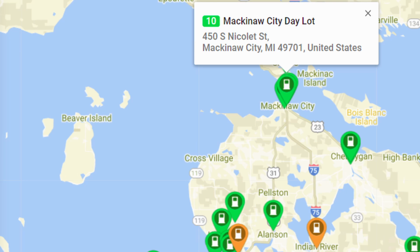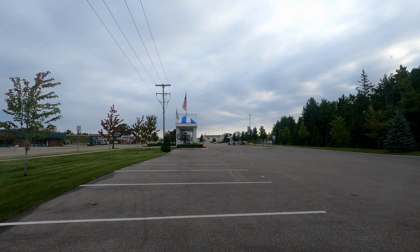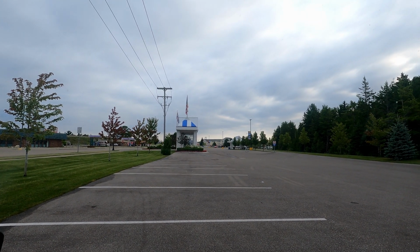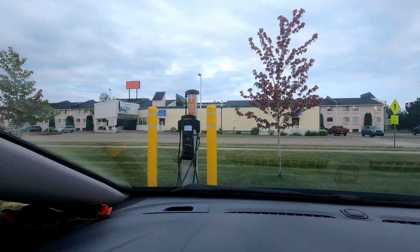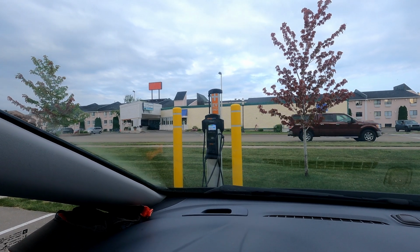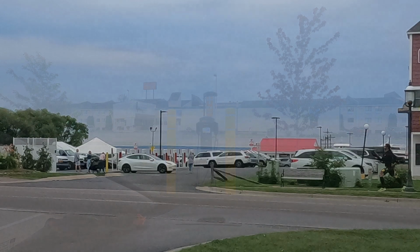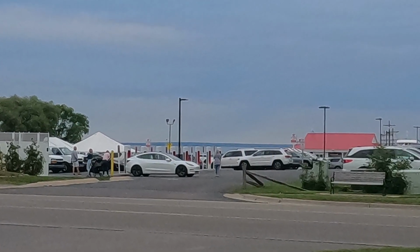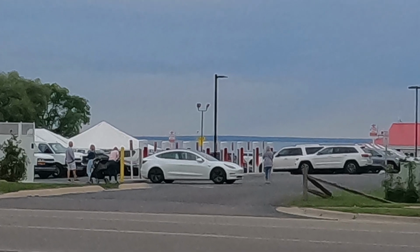There's another one with Tesla connectors and a single J1772 over in the marina lot. So both very similar. This one's $2 an hour for parking. So it makes sense, and destination charging in a place like this is a good option to have. There is a supercharger here over on the other side, so that makes sense for people traveling onward. It's got a good stop off, and hopefully DC fast charging for non-Tesla vehicles will arrive in the next year